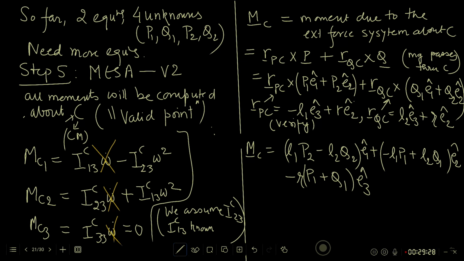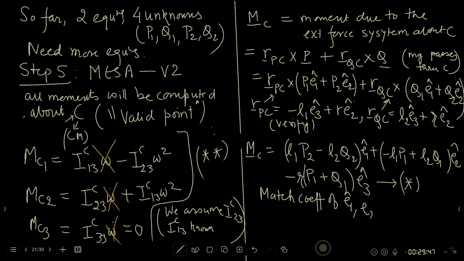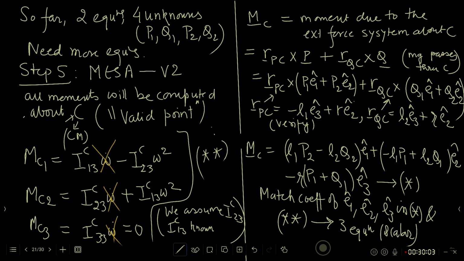So let us equate this star to double star here. Star is the left hand side of the double star. So if we match coefficients, three equations we will get. Three equations, three scalar equations. Those three scalar equations are